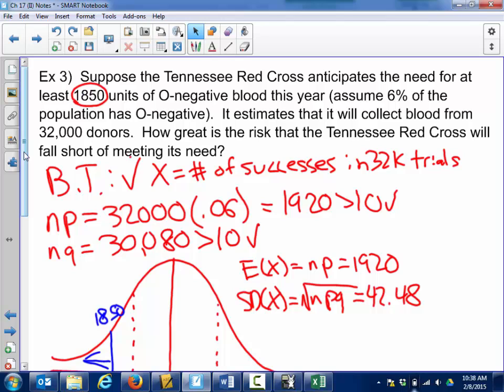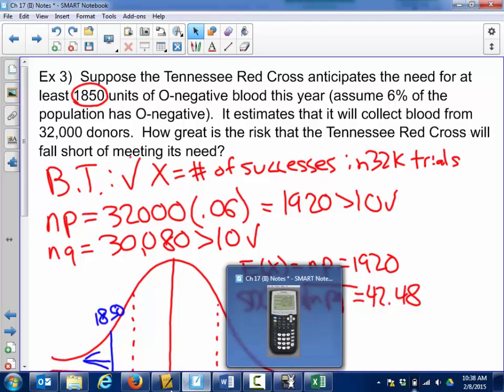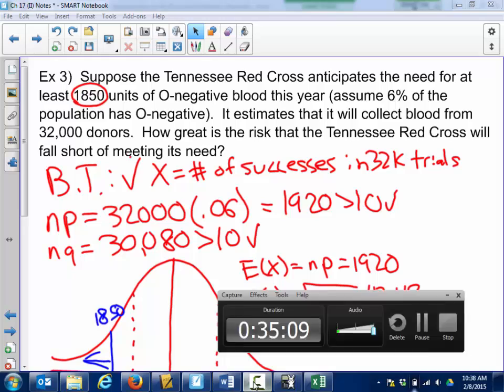You've seen calculator functions for geometric and binomial models, and you've seen this really handy normal approximation to the binomial distribution, which requires at least 10 successes and at least